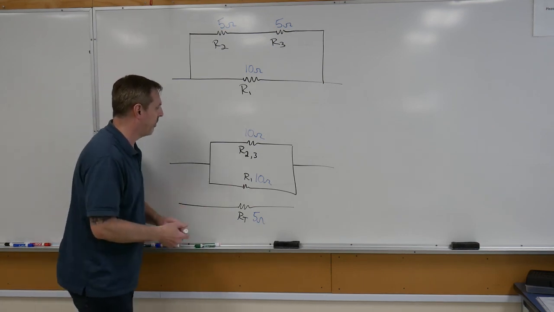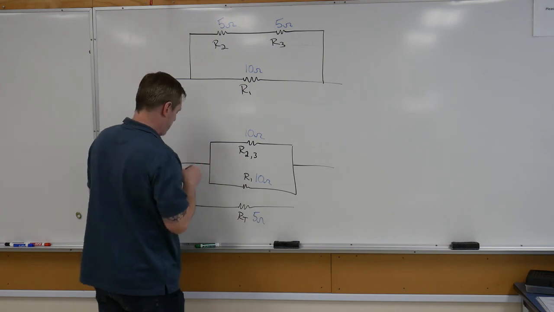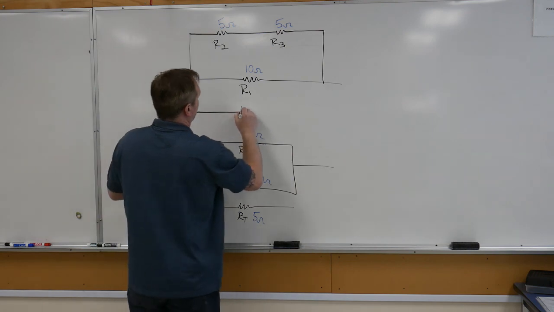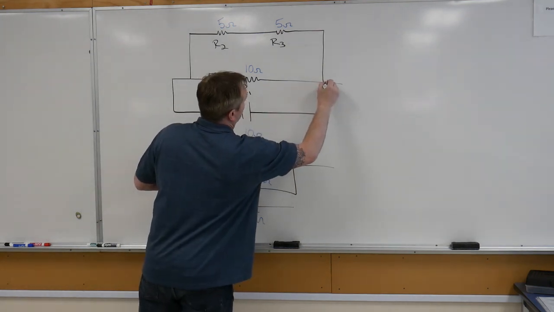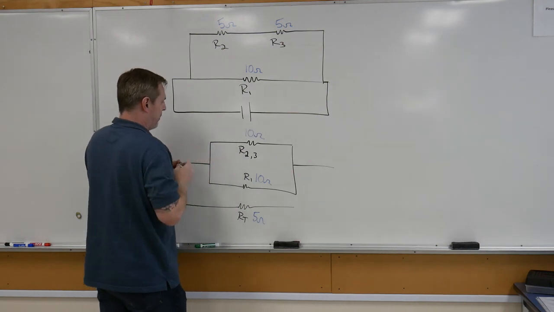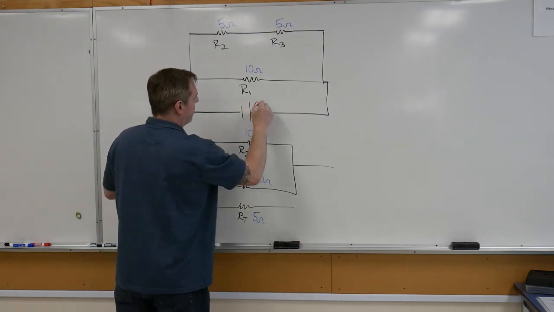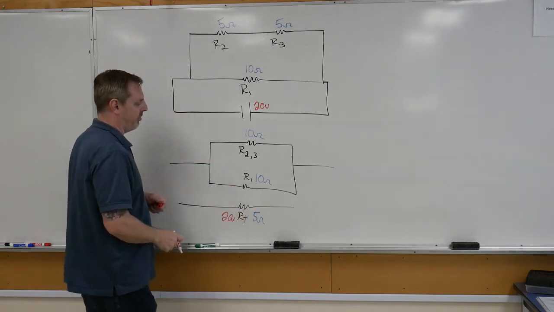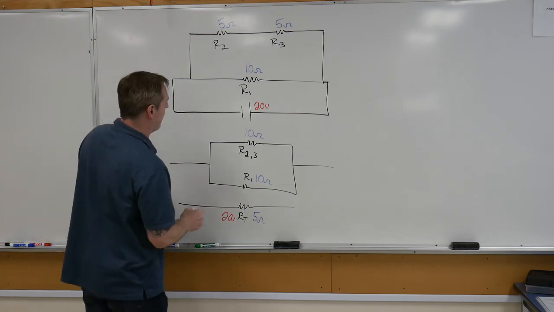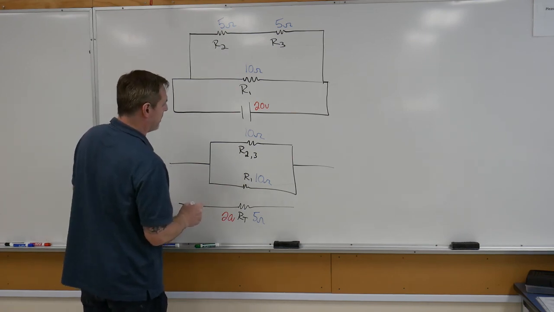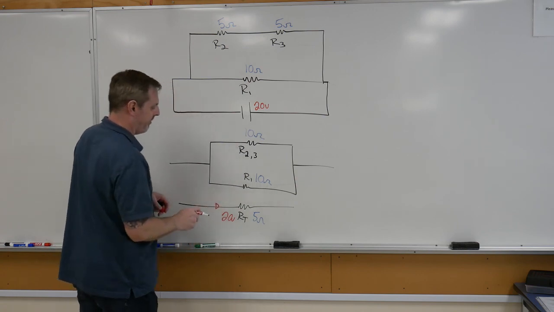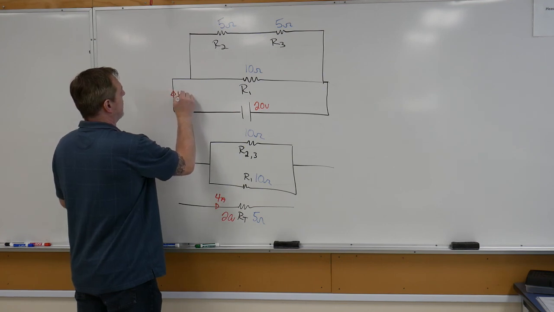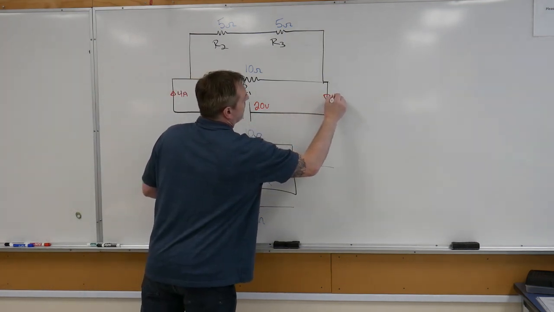If I said my source voltage for all of this, let's just draw the rest of the circuit here. Sorry, that's kind of getting a little bit goofy. Okay? If I said my source voltage for this entire circuit was 20 volts, we'll take that 20 volts and divide that by the 5 ohms of the R total to come up with my line current, okay? My line current in this case would be 20 divided by 5, giving you 4 amps, okay? So that's 4 amps leaving here, and then 4 amps heading back,